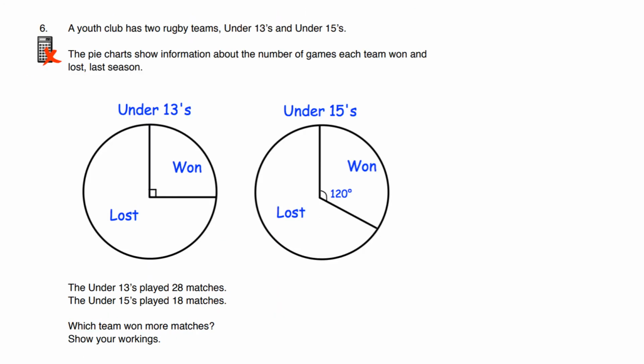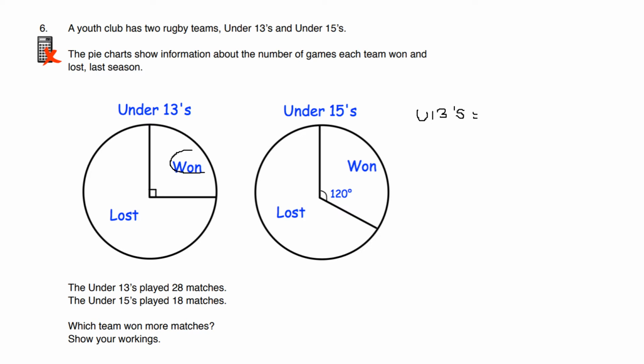So now we're going to have a look at a question that involves pie charts. And we've got two rugby teams, under 13s and under 15s, and we've got some pie charts showing information about the number of games each team won and lost last season. And we're told that the under 13s played 28 matches and the under 15s played 18 matches. Which team won more matches? Show your workings. So if we start off with the under 13s,